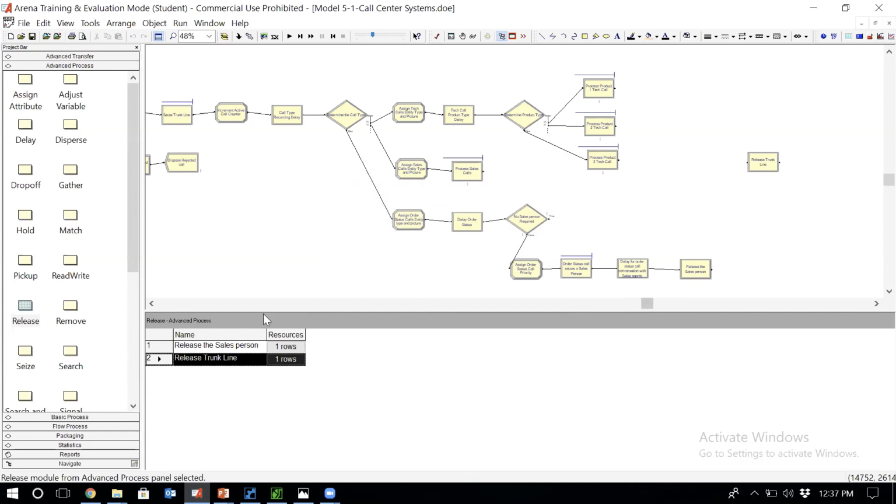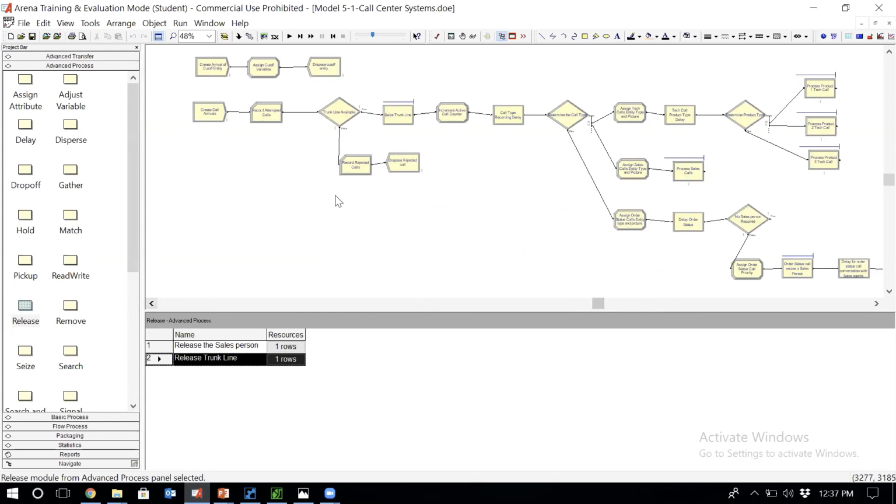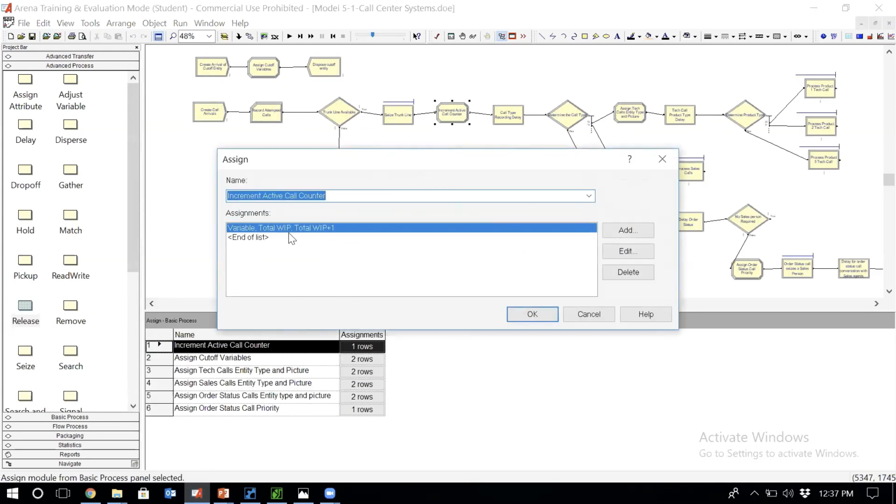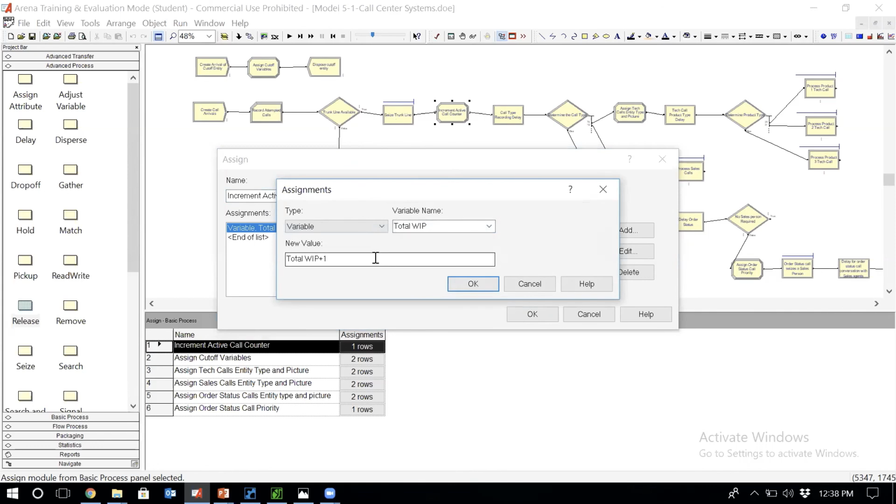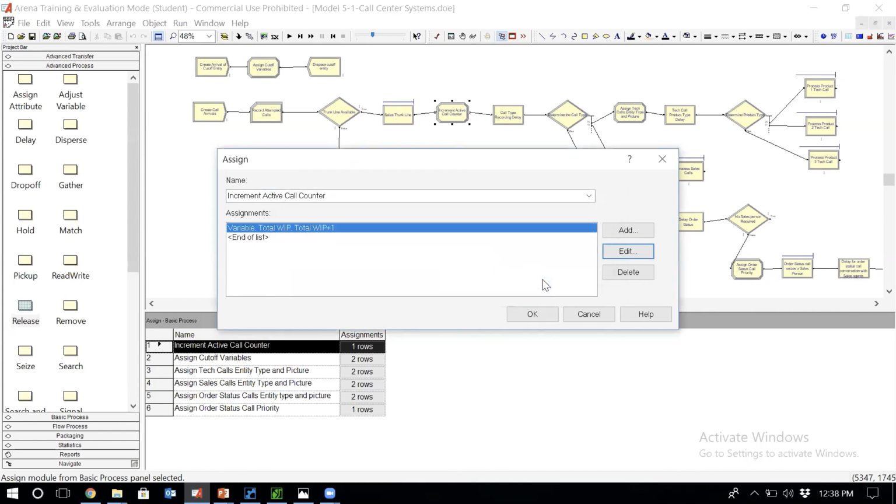And then, remember when the calls came to the system initially, here we defined a variable, we call it total working process, to calculate the working process in the system, how many calls are in the system somewhere waiting in the line or being answered by someone. I want to know my working process, the number of calls in the system. To be able to do that, I define a variable as soon as the calls are in the system. And as soon as they seize the trunk line, I'm going to increase the value of this variable by 1. Okay, remember that's what we did. Now,